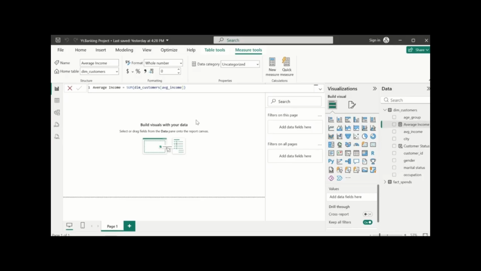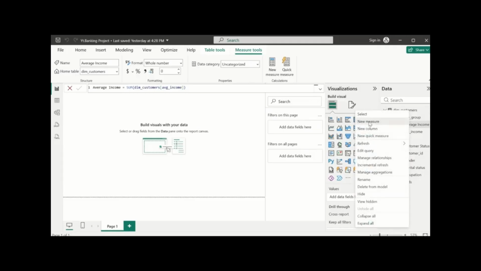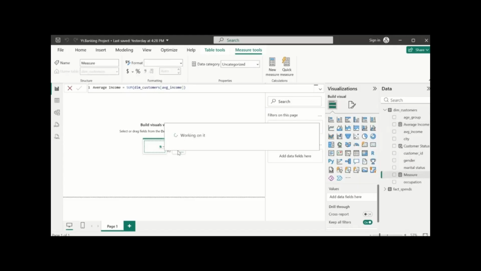So that's the average income, and then we're going to also calculate the average spend. So let's calculate the total spend first. So right click, new measure, and then so we are calculating total spend. Total spend equals to